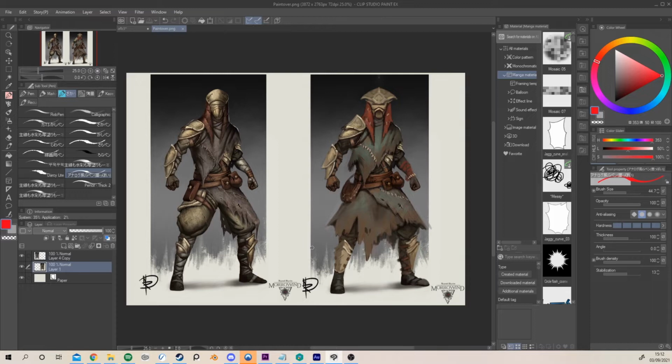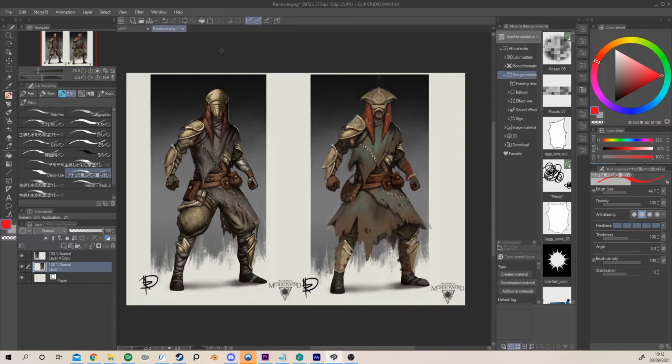I also want to say that characters are definitely not my expertise. I mostly do environment and props, as you might already know, but I try to apply what I know about shape design and color material to this character as well, to see if there's something we can do to improve it. So the first thing that I noticed is that in terms of values,